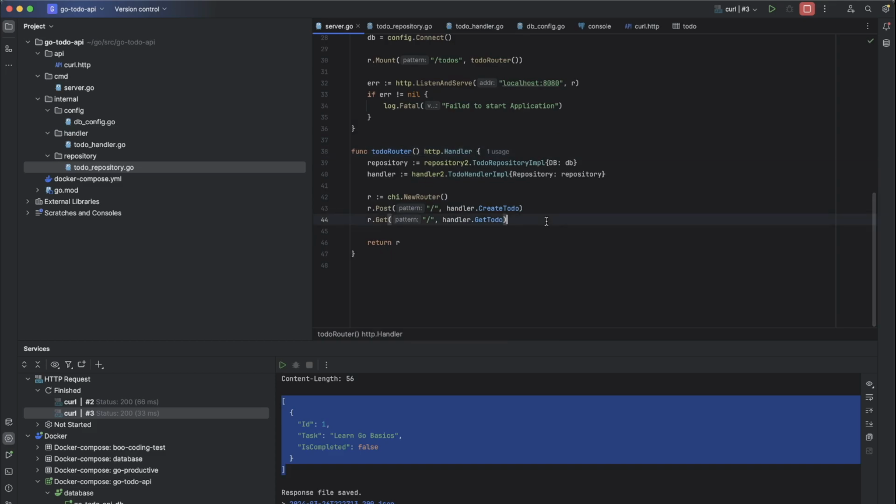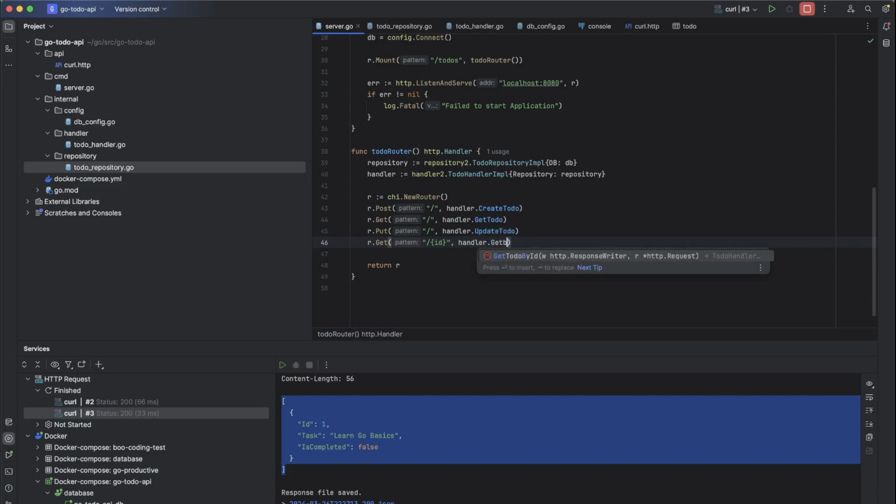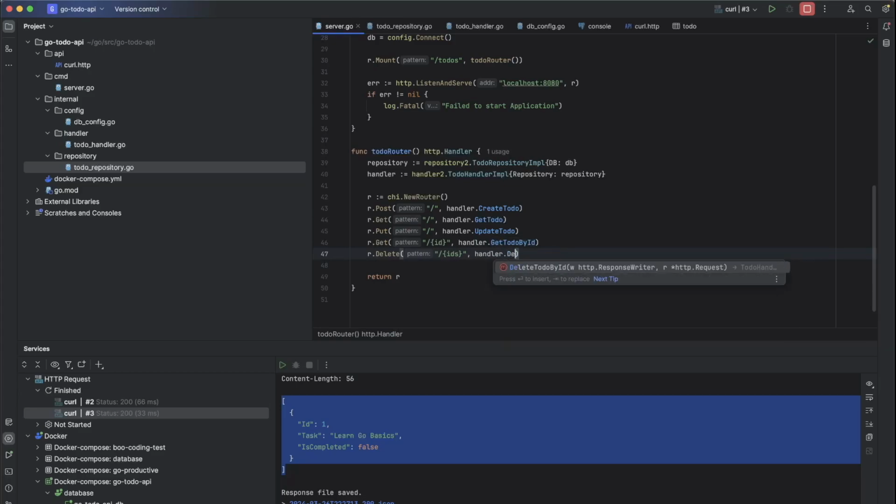Next is update. We'll use put, update to do, and the next is get with parameter ID. It will be get to do by ID, and then delete slash IDs, delete to do by ID.